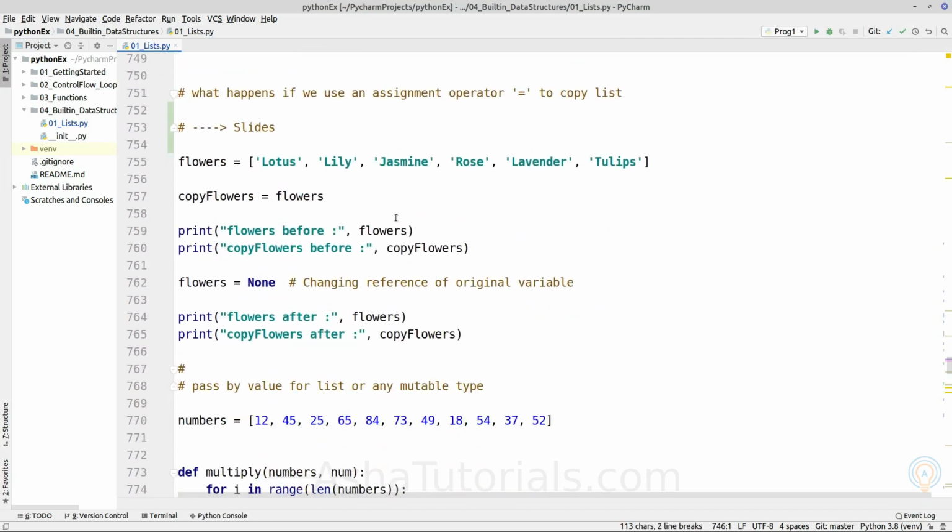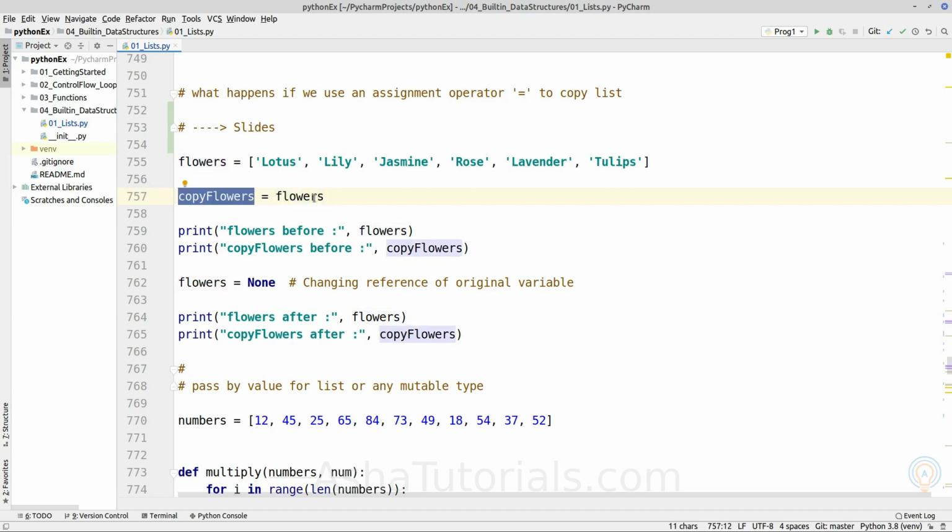Now next topic is what happens if we are assigning a list variable to a new variable. Until now we have seen shallow copy and deep copy. Both of them were creating a new list object. But what happens if we assign a variable to a variable?